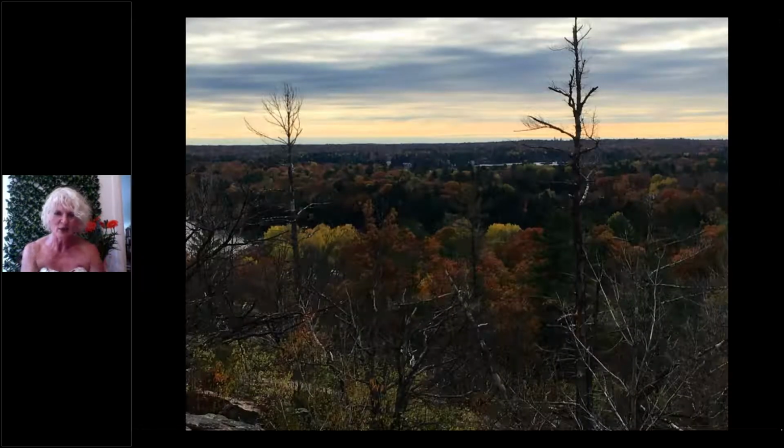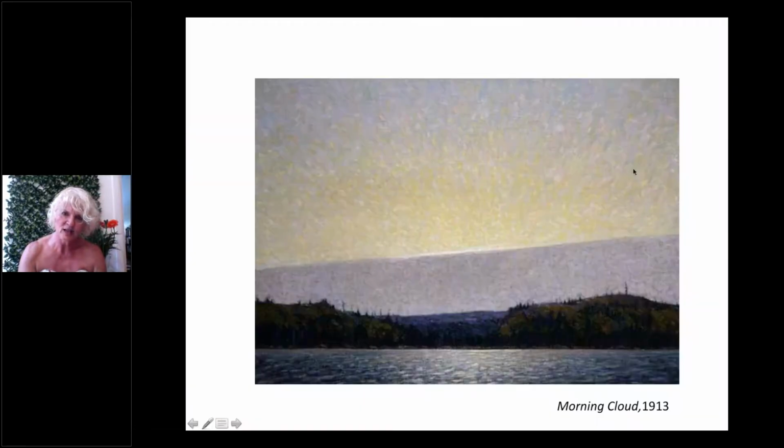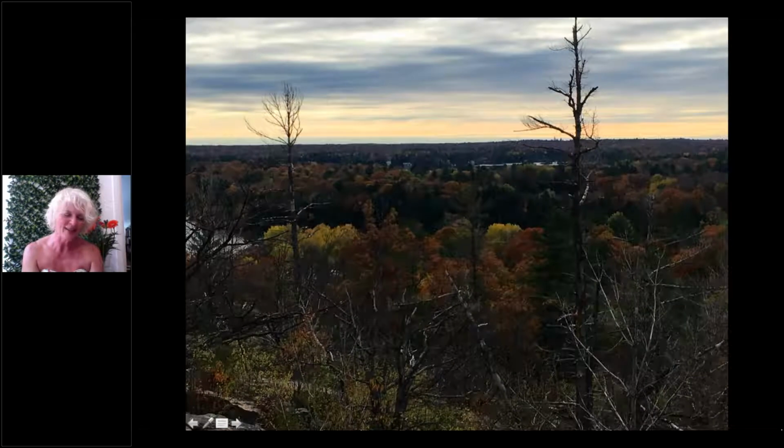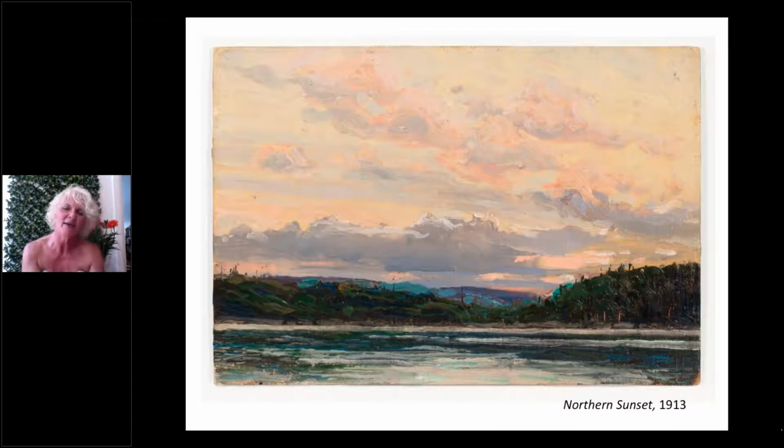Again, this is a photo I took there, and I'm just going to move my cursor a little bit, because look at the colors that we get up here, and then look at the colors that he's capturing here. There's something about mornings in particular in Algonquin that bring a certain kind of light that I think he was trying to capture.